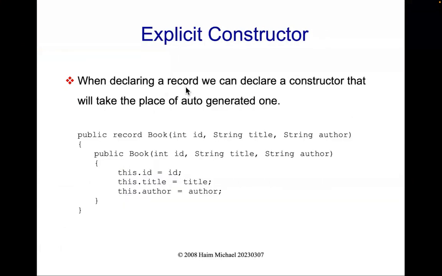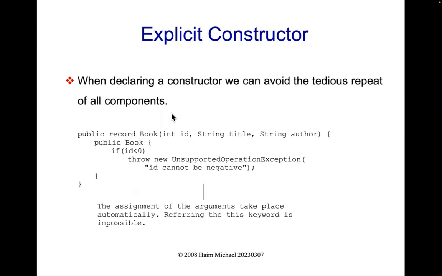Okay, so if we still want to have our own explicit constructor, it is possible. Maybe there are a few more things you want to take place when a new object is instantiated. So it is very simple to define our own constructor to take the place of that auto-generated one, as you can see over here. It is also possible to stay with the auto-generated constructor and just add some